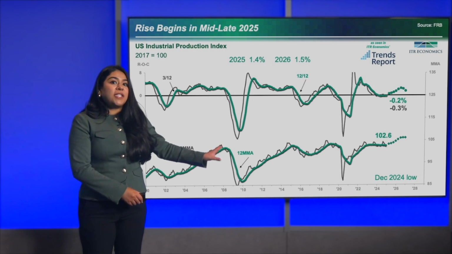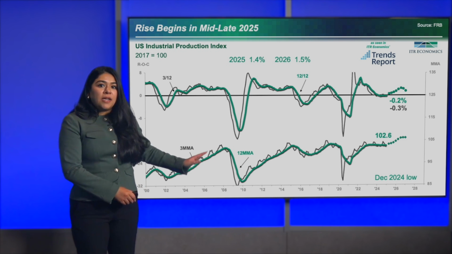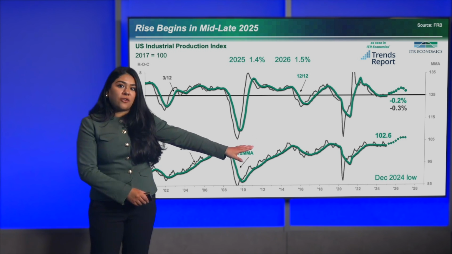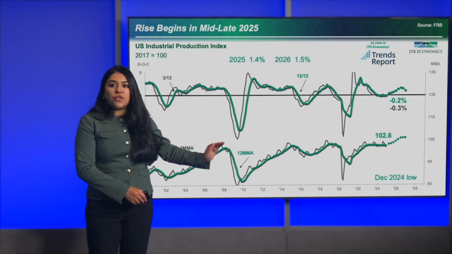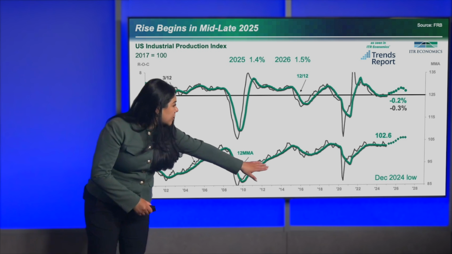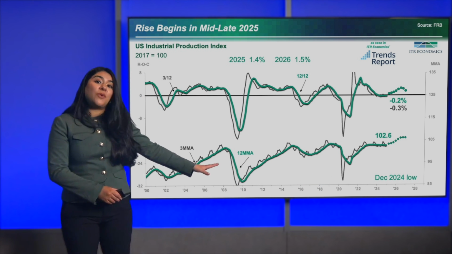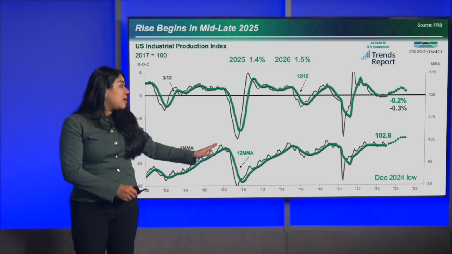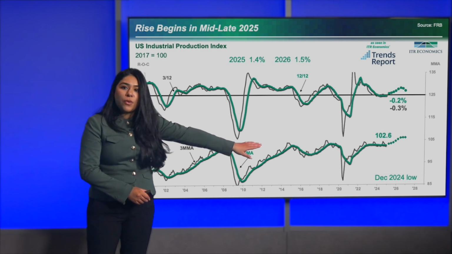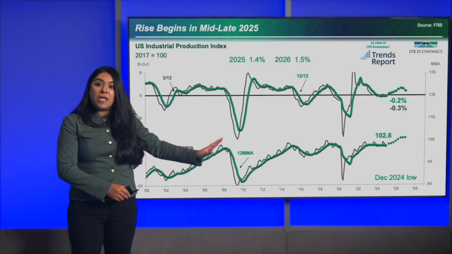Now, looking at just the U.S. Industrial Production Index by itself. If we look at that bottom line, this is our 3 MMA and our 12 MMA. If you look towards where we have our forecast, you can see that the general trajectory is upward. If we look around right before 2022, so around 2021, no surprise that we had quite a drop in terms of production. But since then, we have recovered quite a bit. There was a bit of a plateau around 2024, but now you can see our forecast is showing that there will be quite a bit of growth.